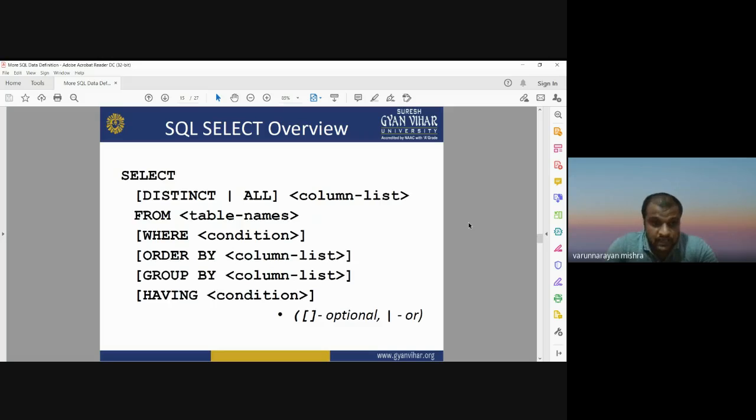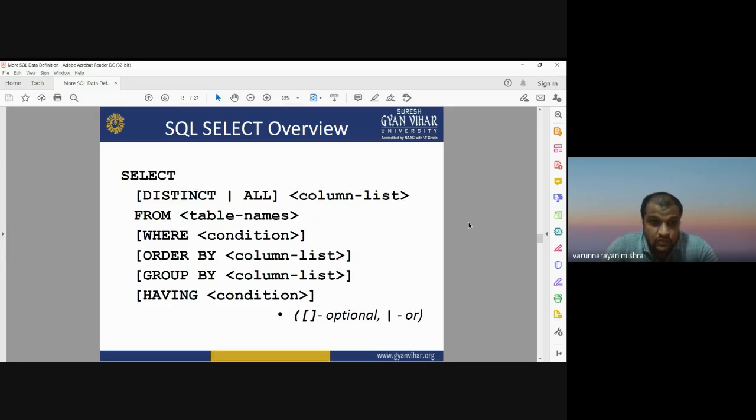So before running the select command, you need to use the from clause. From means from which table you want to select. Then you have to apply the where condition, order by column list, group by column list, and having the condition.